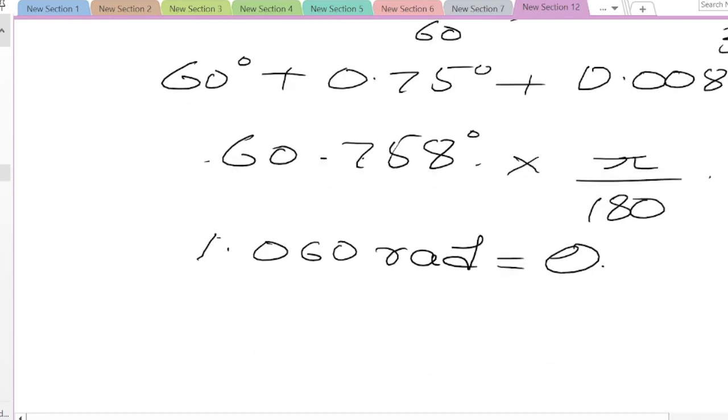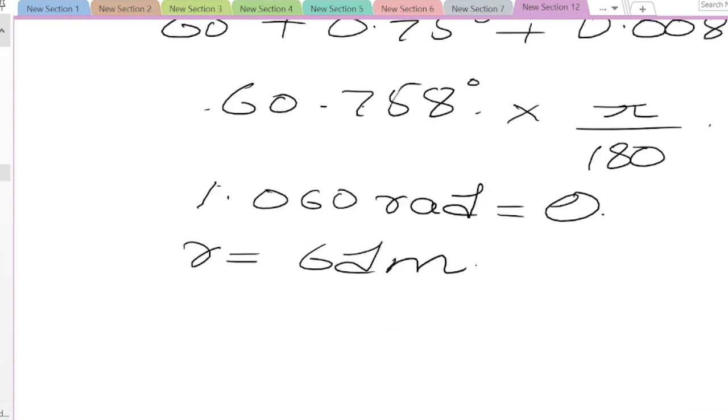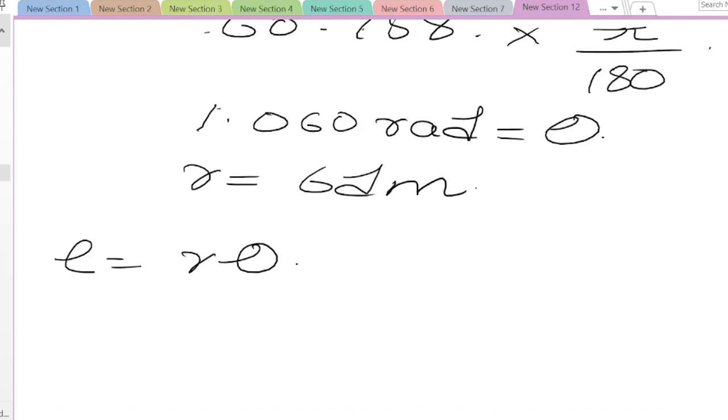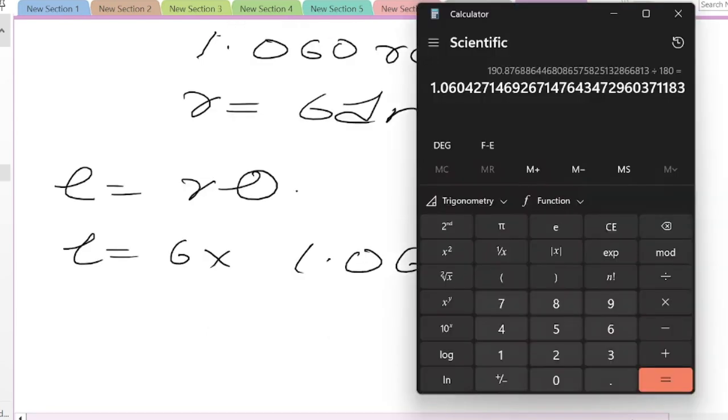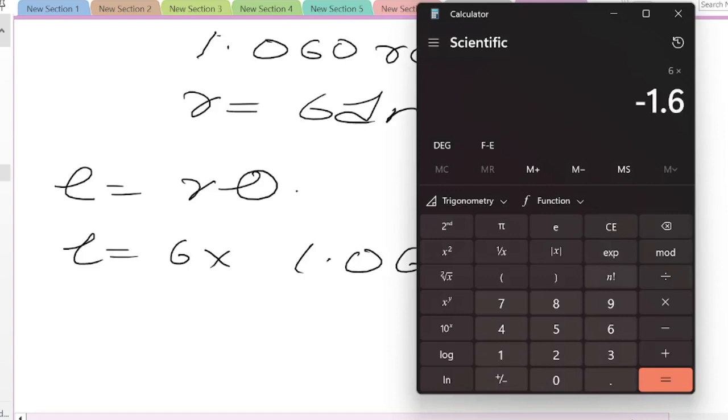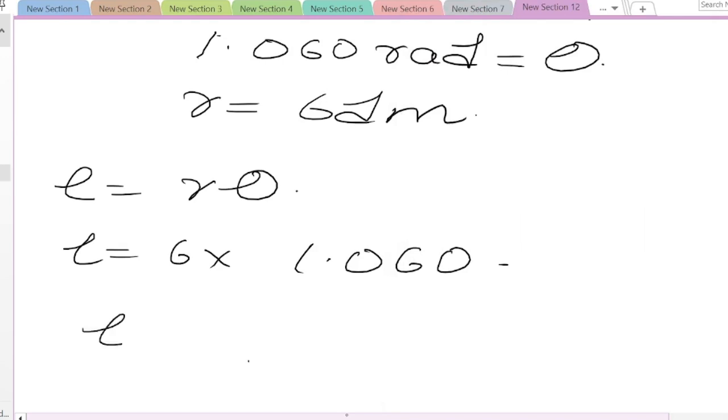So we got our theta, and then let's write the radius again, so we do not have to scroll up. So this is our radius, and now we're gonna find the length. So the length is equal to r theta, whereas the value of r is 6, so we can just write 6 into 1.060. So what will be our answer? Let's just multiply 6 with 1.060. So we get 6.36. So the length is